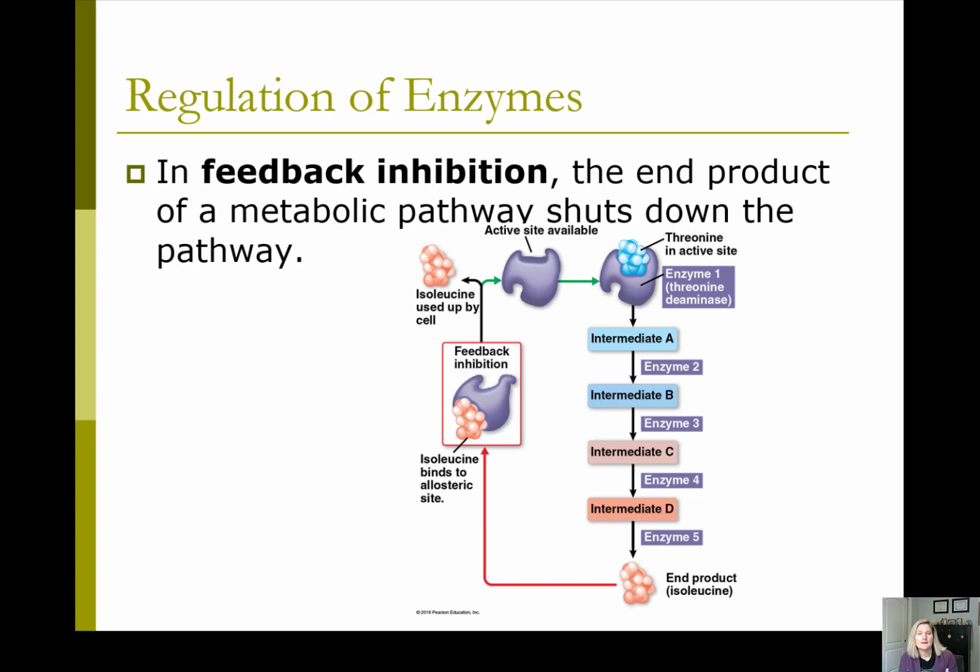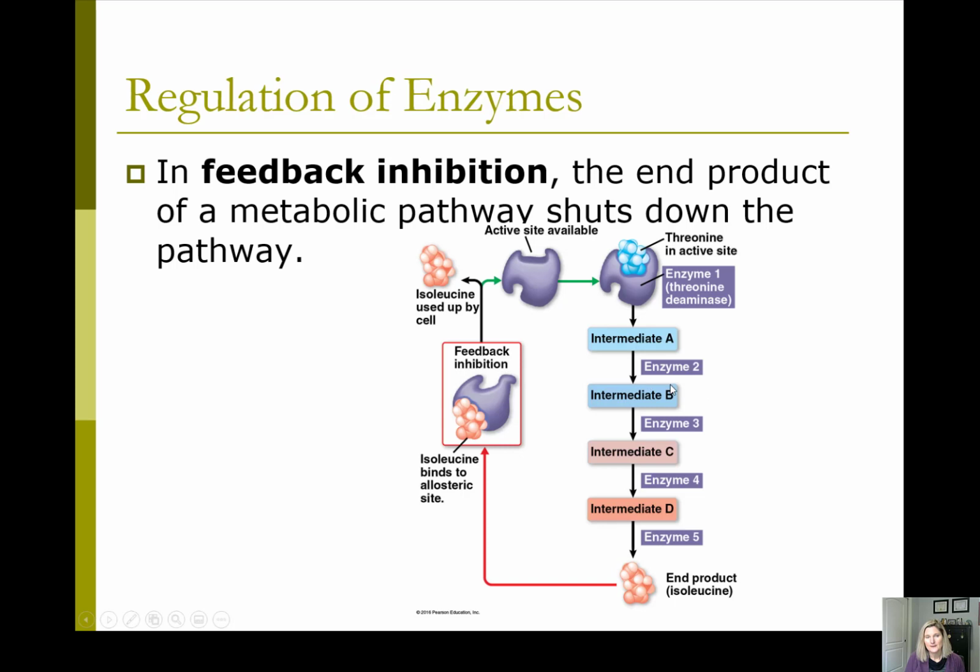Now, sometimes we want an enzyme to function, and then we want it to shut off when we have enough of a product being formed. So we have something called feedback inhibition that can take place. In this case, let's say we have this enzyme, and you can see how it says that the active site is available. So we're going to have a substrate bind to that active site, and a reaction is going to take place. That reaction is going to form some sort of end product